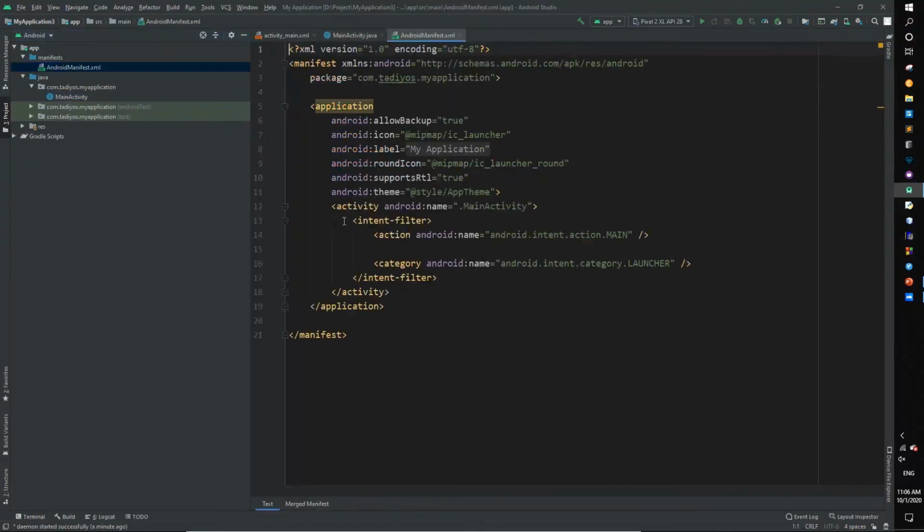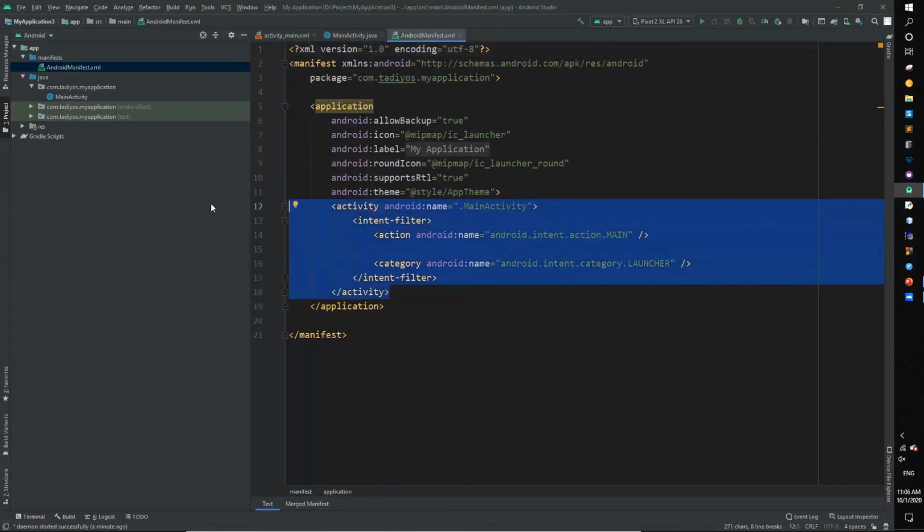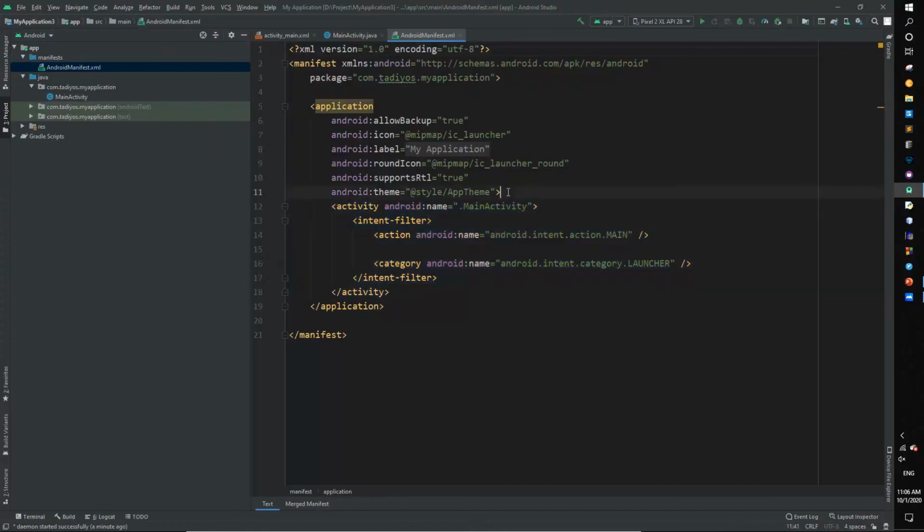So this is the place where we configure different settings for our app that will be checked at runtime. How many screens do we have? How many activities do we have? What kind of permissions does our app need, so that it will pop up at installation time? So this app requires this permission. Your app will ask, do you allow this app to access your storage, or similar things,